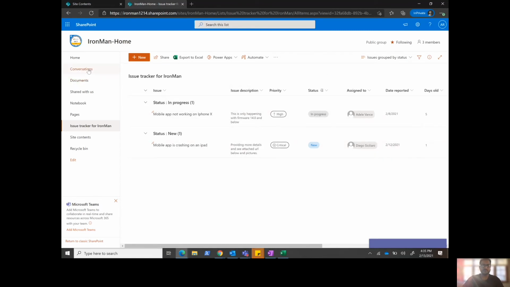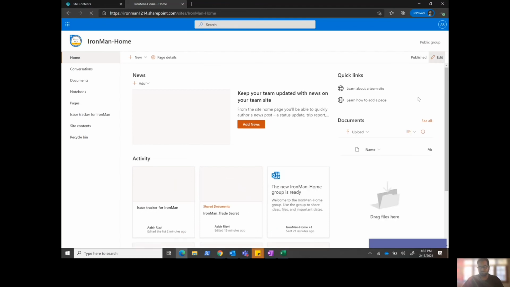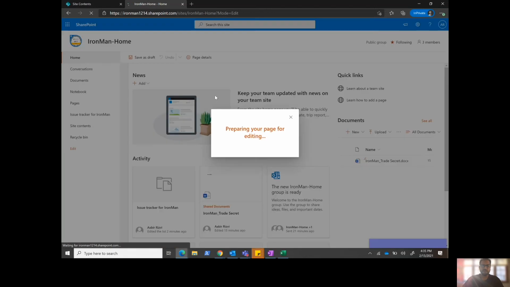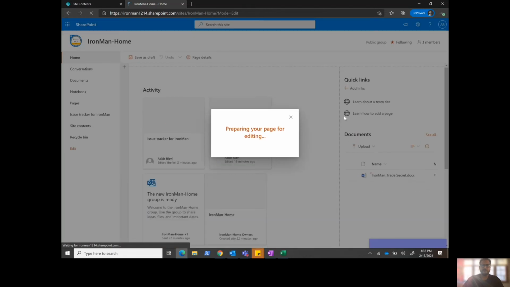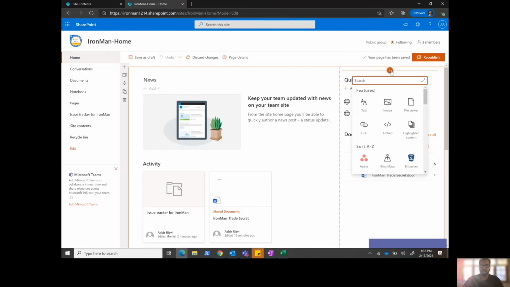views to be useful. So if I go and click on the home button, I told you that we are going to be modifying the home page. If I click on edit, I'm going to get the page in edit view, and we are going to try to add a few additional web parts to the home page. So if I click on the plus icon, this is going to show a number of options, a number of features. But for our intents and purposes, what we are going to do is find